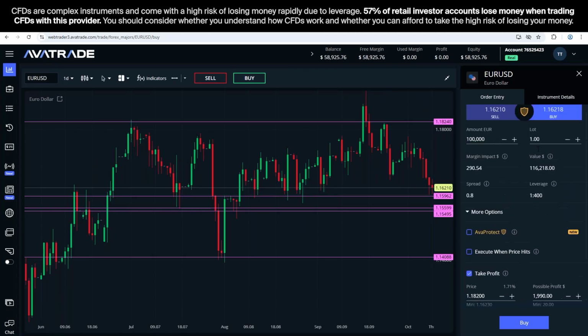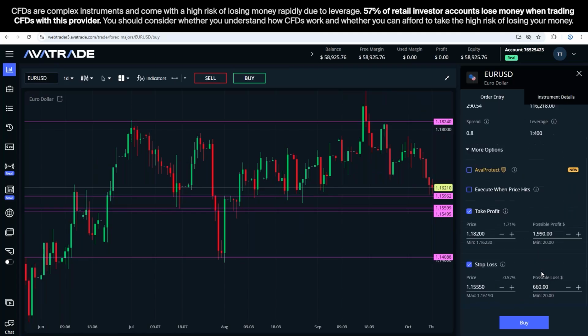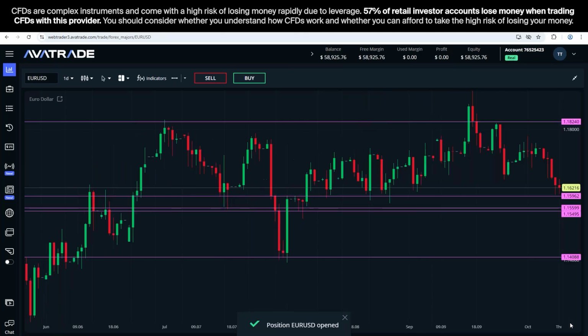So as I set this up, then maybe I say, okay, one lot is good. I could make a couple thousand profit, would be a nice return. Risking less or just a little bit over 1% to make quite a bit more. If I like the setup, then I'm ready to go. Okay, so